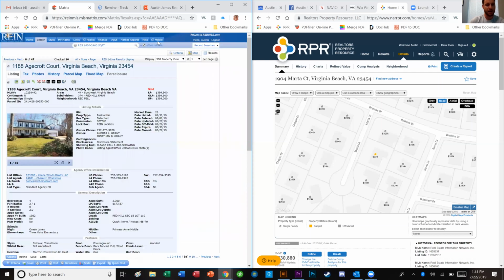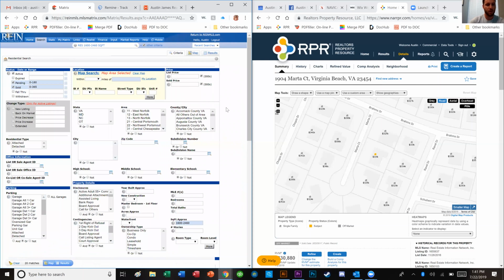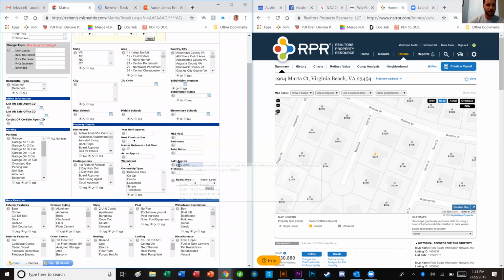But so is the house that I'm looking at, because I've been in there before. But I'm going to narrow this down. So I'm going to bring it down to 1,700, and then I'll bring this down to 2,360. Keep it within that 300 range. And then I'm looking for 3 to 4